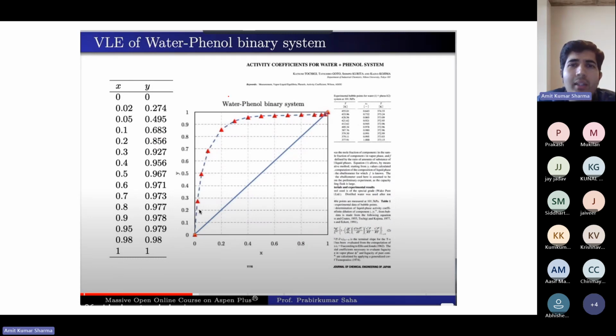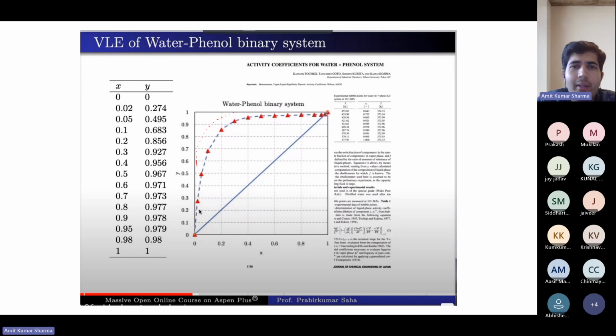And for this system, I think if we use the IDEAL method, then Aspen will not show you the exact result. There will be some deviation. As I remember, I think this will become like this at this point. Okay, maybe we will see in the further slides if I have included those slides. I don't remember. Let's see.